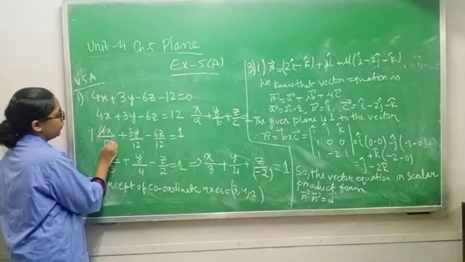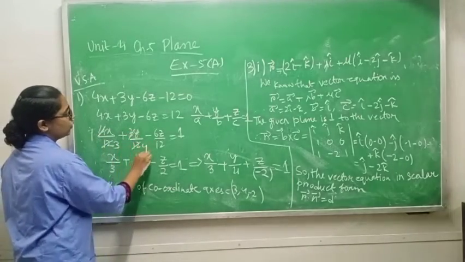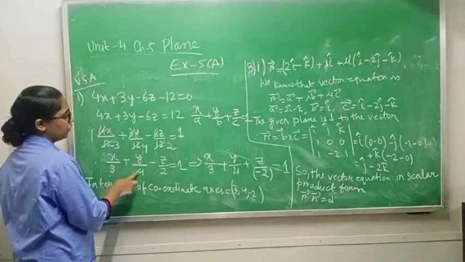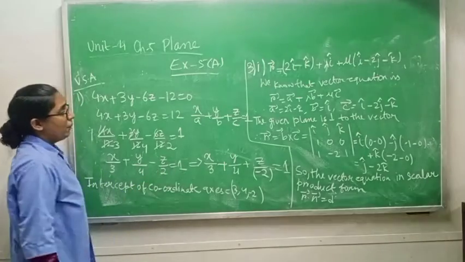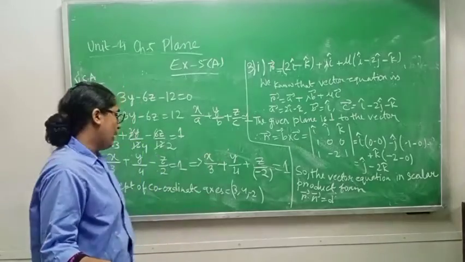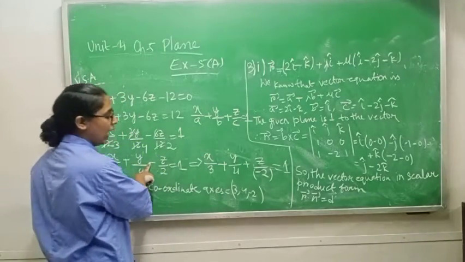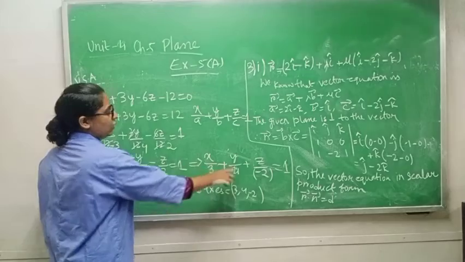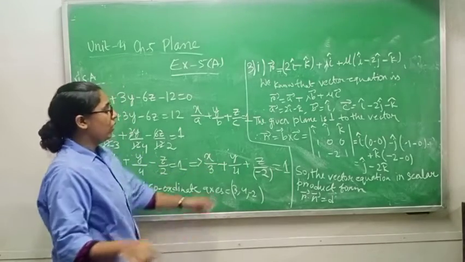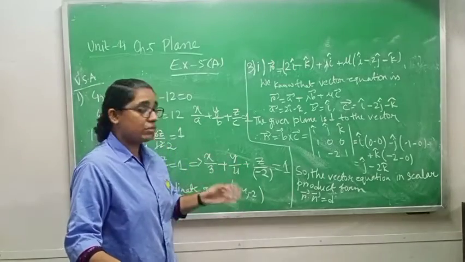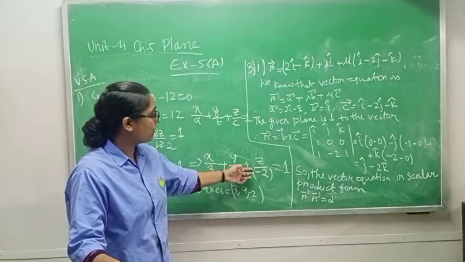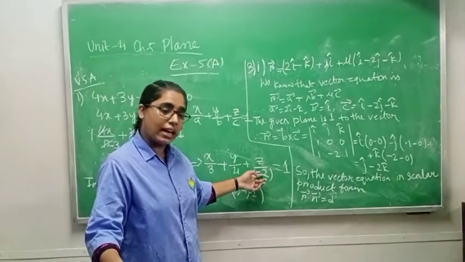Now cancel: 4 ones are 4, 4 threes are 12, 3 ones are 3, 3 fours are 12, 6 ones are 6, 6 twos are 12. You are getting x by 3 plus y by 4 minus z by 2 equals 1. But in intercept form there is no minus sign, see, plus plus. So what you have to do, you have to remove this minus sign. How will you remove this minus sign? You will give a plus sign and this minus sign will go with this 2. So if you open the bracket, the same thing will come again, plus minus, minus only. So that is why I am giving a plus sign and writing one minus sign here.